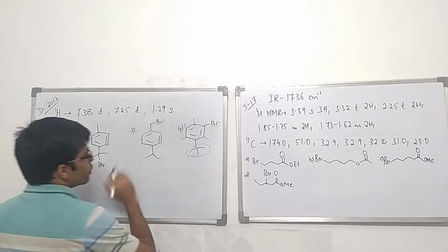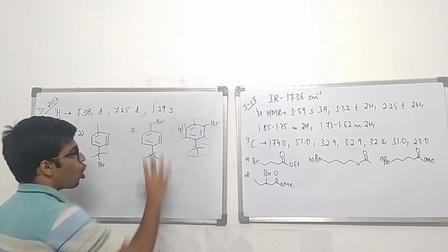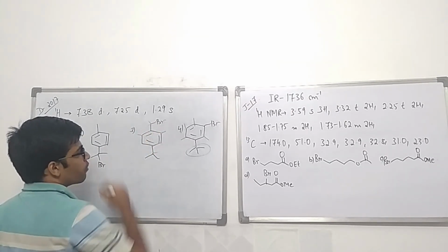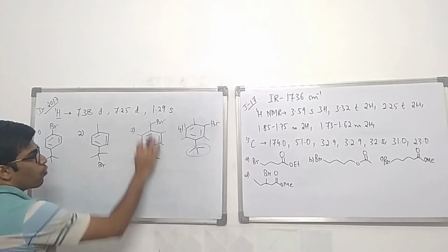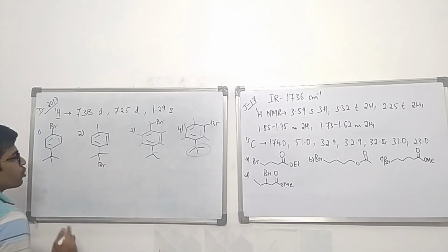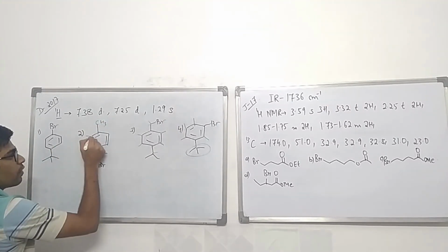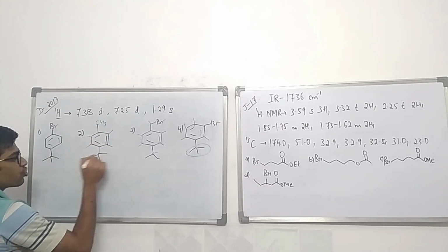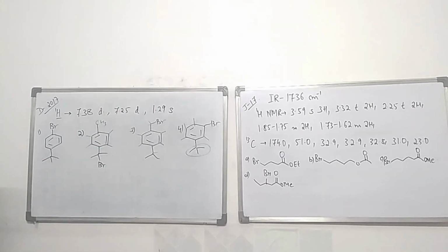Okay. Coming to this, there are 2 protons here, 1 proton here, and 2 CH3 groups here. So all of these will have 4 different signals. This proton is chemically equivalent to this, and this proton is chemically equivalent to this. So 2 signals from here, 4 from here, they should have 6 signals. Again, coming to structure number 2, there is a CH3 group. This should have 1 signal. These 2 protons will have 1 signal. This proton will have 1 signal. These CH3 groups will have 1 signal. So that means there should have been 1, 2, 3, 4 signals. But again, 3 signals are given.